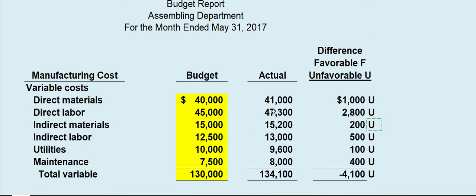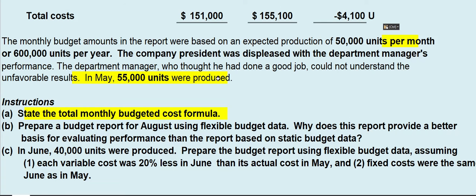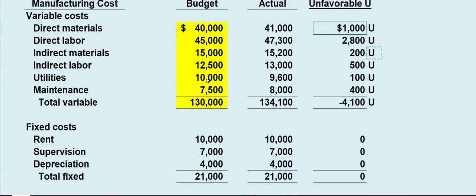You will notice that in this particular problem, the actual results are juxtaposed with the budgeted line items, and we see unfavorable results for each of these line items. For example, direct materials was budgeted at $40,000 and the actual was 41, and so correctly that's an unfavorable variance. The problem is that the actual is based on a different level of activity. It's based on the production in May of 55,000 units as opposed to the budgeted